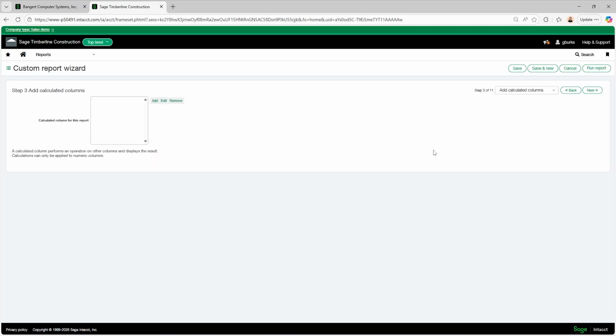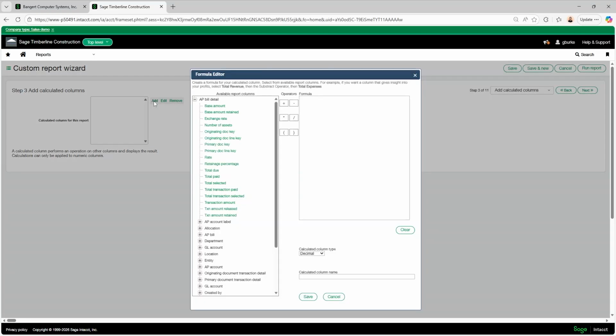And here's where we can add some calculated columns. So earlier I was able to add the amount retained and amount released, but I don't know the total open amount of retainage, at least not in a column on its own. But luckily I'm able to add that by subtracting out the amount released from the amount retained, and I can call that open retainage.